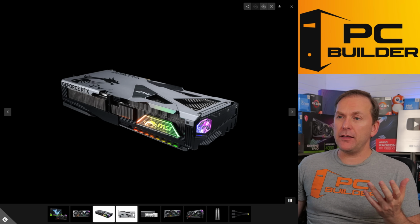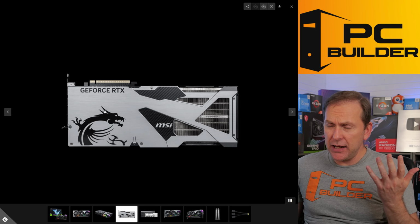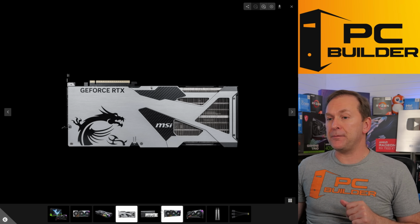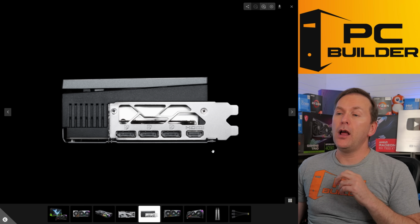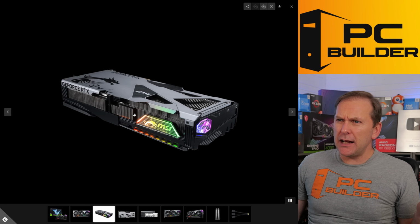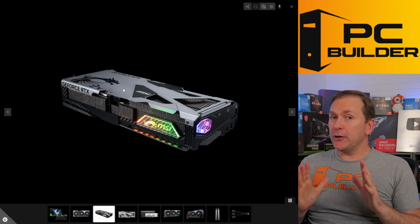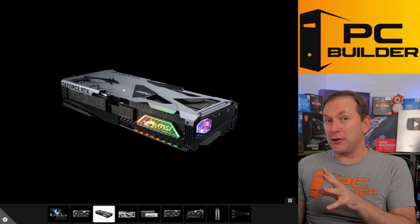In terms of the backplate on this, no RGB, which I was a little bit surprised at, just kind of stamped metal, which actually looks quite nice. It's gray with a little bit of black in here, some highlights with the dragon logo on it. In terms of the rest of the features, it's got 3 DisplayPort 2.1, 1 HDMI 2.1 on it. And then it's overall just a nice card. Now, the 12-volt high-power connector, not as recessed maybe as the Gigabyte cards, but still kind of recessed on it. If you're looking for a high-end card and you want tons of RGB and you love the Dragon logo,